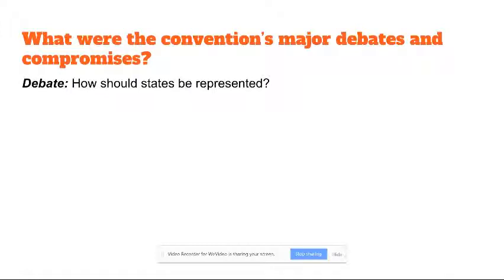The Connecticut Compromise resolved the greatest debate at the convention, the debate between large states and small states over how each state would be represented in the legislature. Roger Sherman proposed a bicameral legislature where in one house, representation would be based on population. In our government, that house is the House of Representatives. Sherman also proposed that in the other house of the legislature, the Senate, every state would have the same number of representatives. The Constitution spells it out like this: